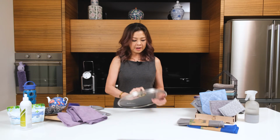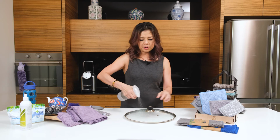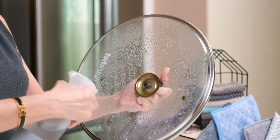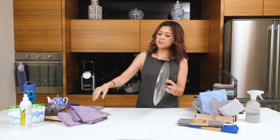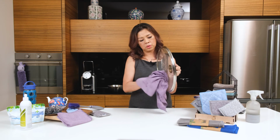So I have a glass wok cover. I'm just going to wet it. It's a clean one. I'm just going to make it really wet, and also wet the side. So you can see that it's thoroughly wet. And I'm also wetting my countertop. That's okay. So this is really great. It's a big size, and you can see that I'm going to wipe this whole